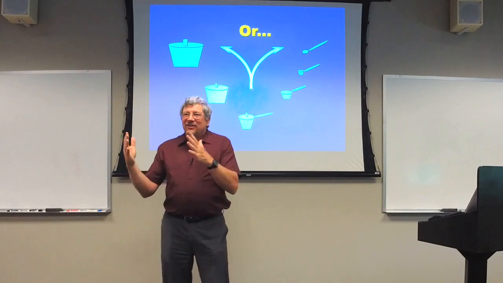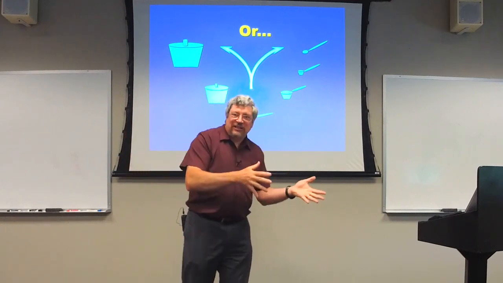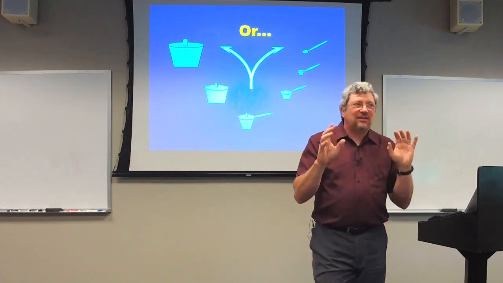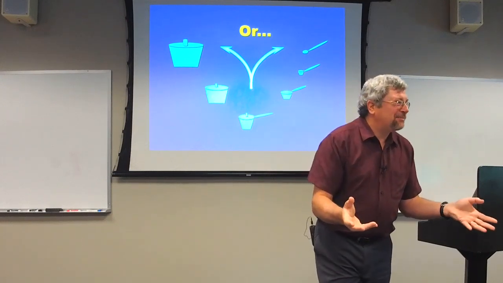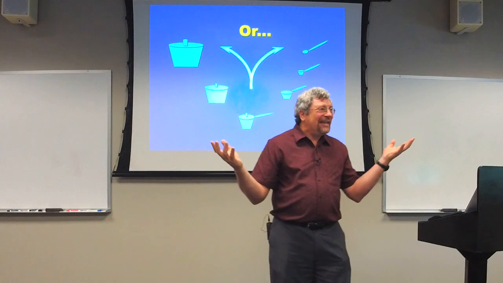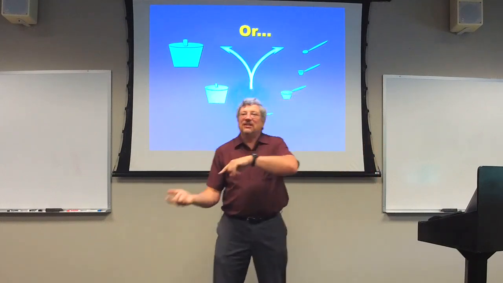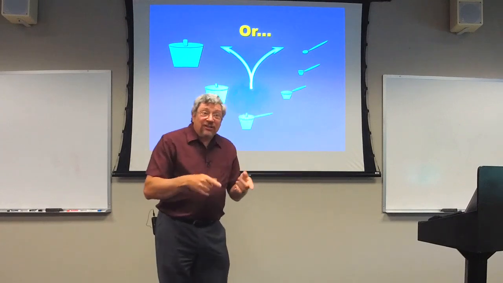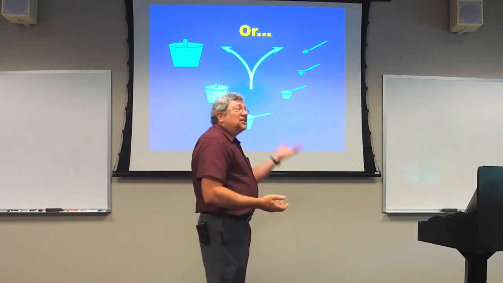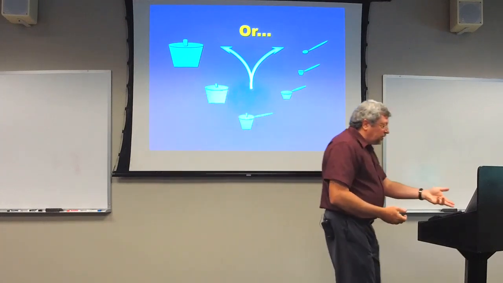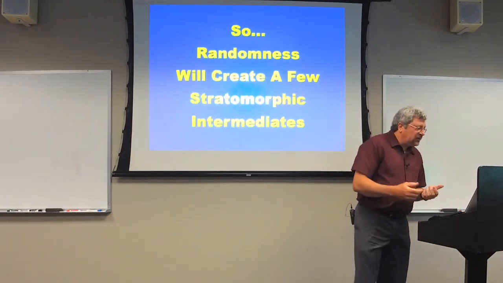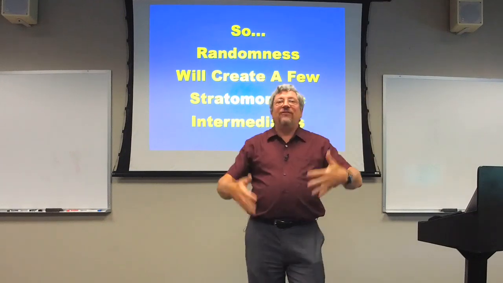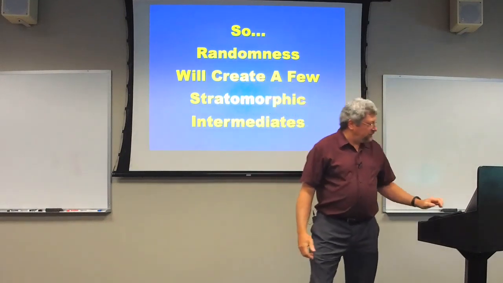So evolution is post-dicting the evolutionary order. It can't predict. It's got maybe 3 or 4 basic predictions, and that's about it. It can't make any further predictions. It does it post hoc. It does it based on the order actually seen in the fossil record. Given that, there is a possibility that a certain percentage of the time, stratomorphic intermediates might actually be thrown into place if, in fact, the order is random.